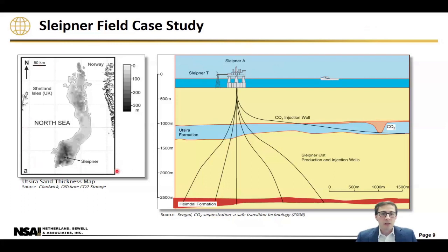So they're injecting into this Utsira sand formation here. As you can see, it's shallower than all their producing formations. And this sand is very regionally extensive, which is something we talked about earlier as being attractive. It is also very thick, hundreds of meters thick, call it 100 kilometers in the east-west direction and hundreds of kilometers in the north-south direction. So it's checking a lot of boxes on our extent or size of the tank criteria, right? It's just a very large